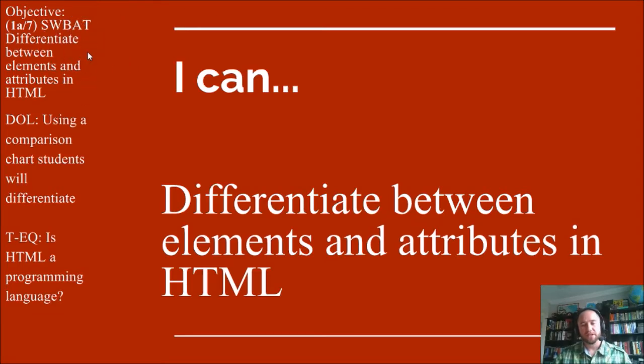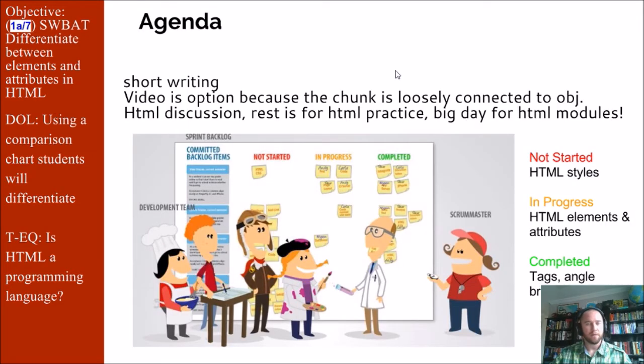Today's objective is to differentiate between elements and attributes in HTML. We have some short writing to do. The video is optional because it's kind of loosely connected to the objective. I want to make that an option, but I still think it's a pretty valuable video. We'll have a discussion on HTML through the reading, and the rest of the day will be used to practice